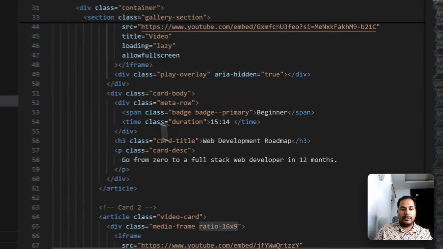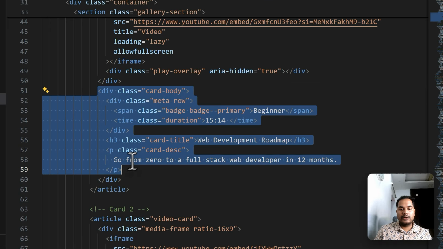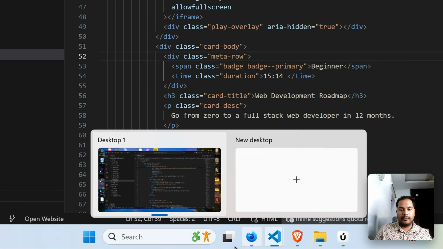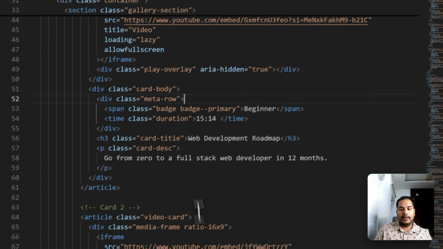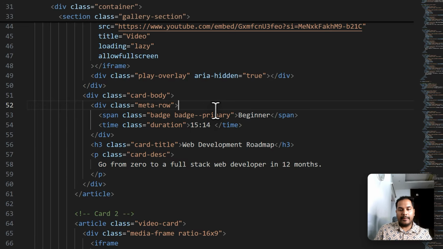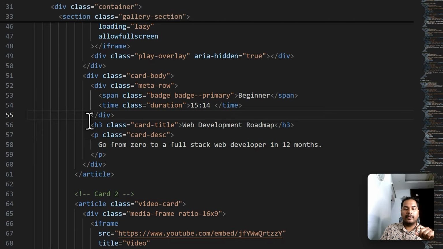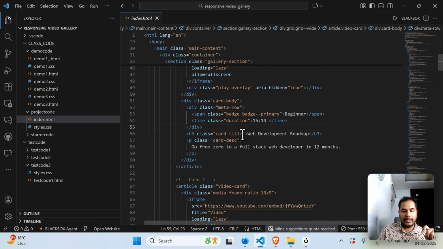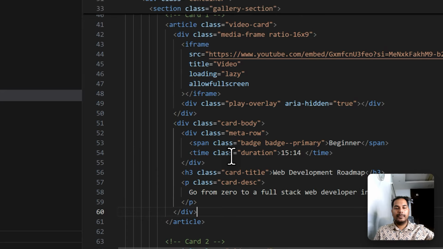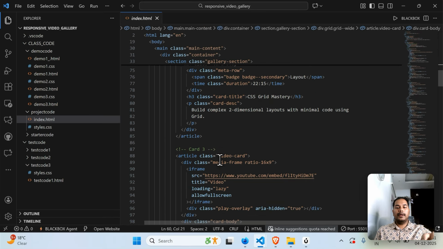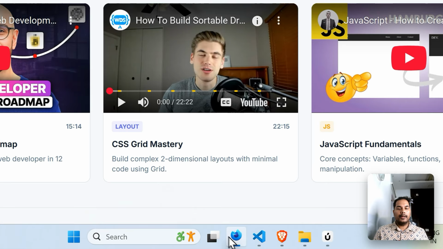Then we have a card body which holds a badge. This is the badge, beginner batch. Then we have a timestamp right here under the time tag. Then we have another element, that is the title of the video, and under the paragraph tag we have added the subtitle. Similarly, the same card code is repeated two more times because we have created three cards